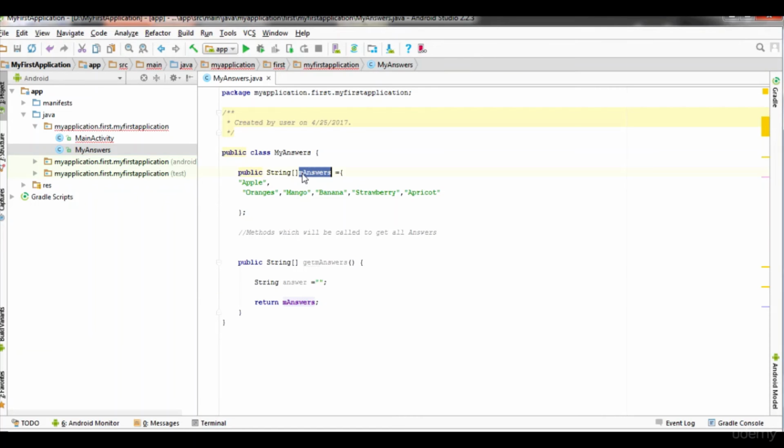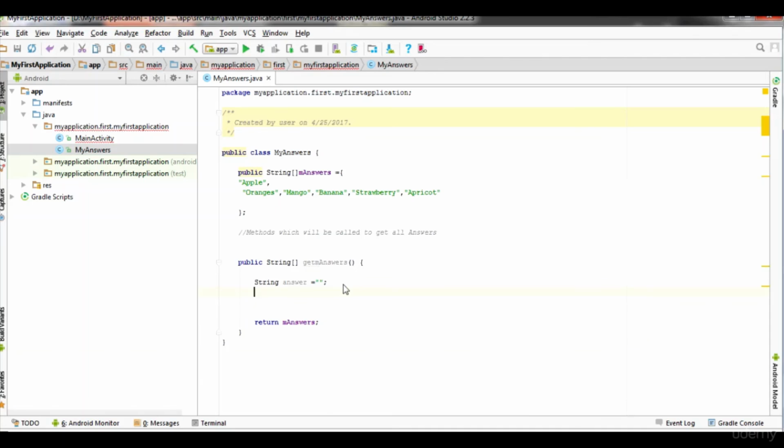So next, we'll construct a new random generator which will generate random answers. If you understand why we use a random generator in Java, it is to generate random numbers, which are used to pick from this answers array variable and are stored in an integer variable known as random number. So let's go and define a random generator first.